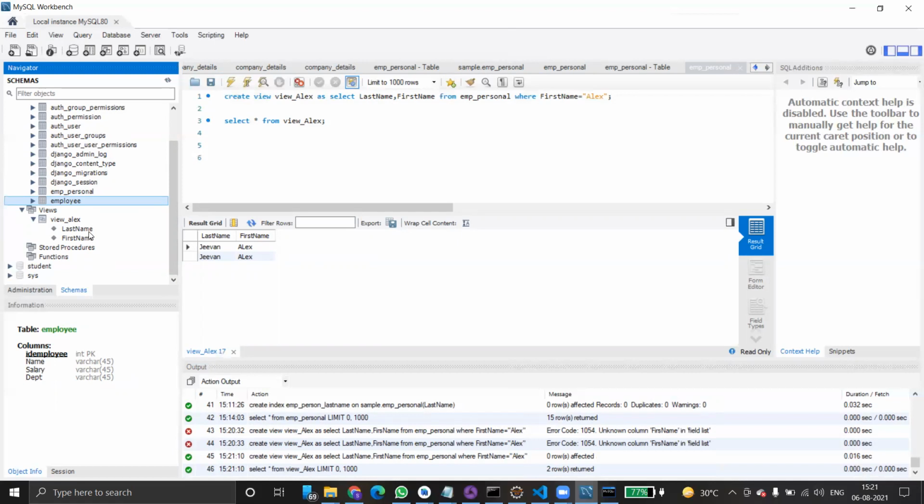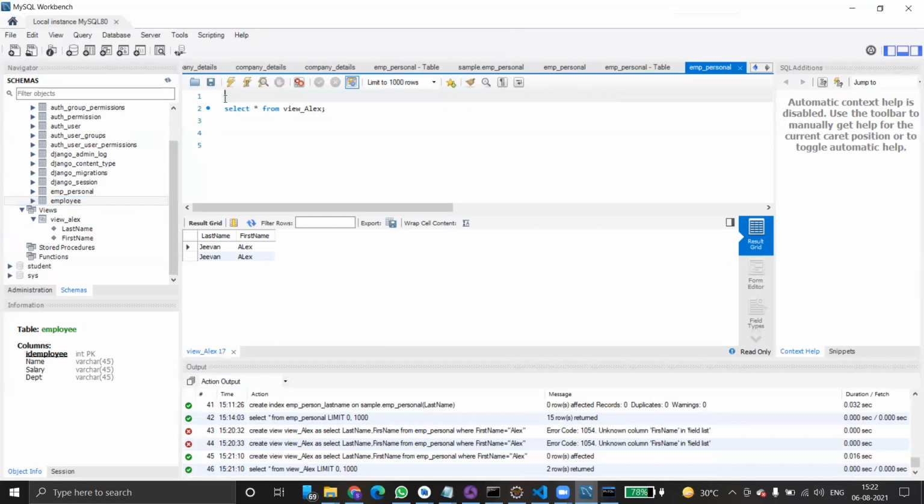We can simply query a view by using SELECT star, an ordinary query only. SELECT star FROM, and the view name you have to give. Create view, the name of the view, AS, and then you provide the query, whatever you want. After that, if you want to query it, you simply say SELECT star FROM the view. Once a view is created, you need not create it once again.